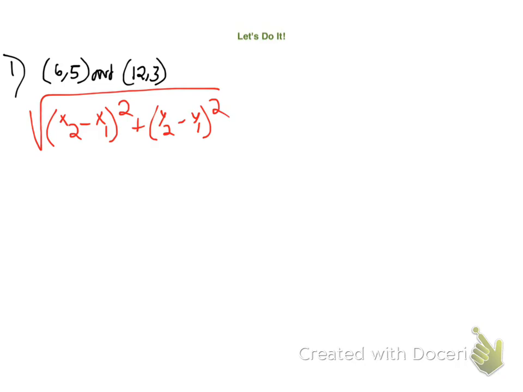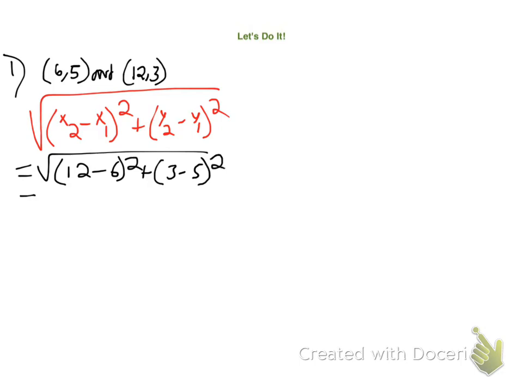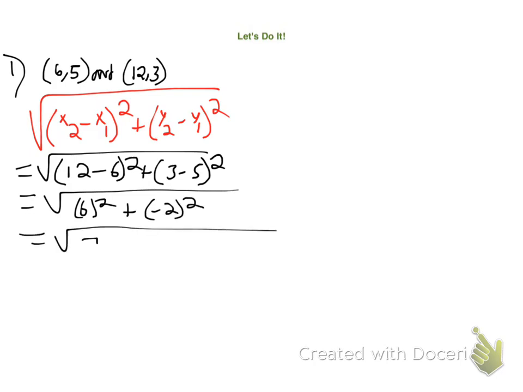So it will be equals, we'll start with the x's. So x sub 2, 12, minus x sub 1, which is 6, squared, plus y sub 2, 3, minus y sub 1, 5, squared. Right? Okay, so 12 minus 6, 6 squared, plus 3 minus 5, negative 2 squared. This isn't that bad. 36 plus 4